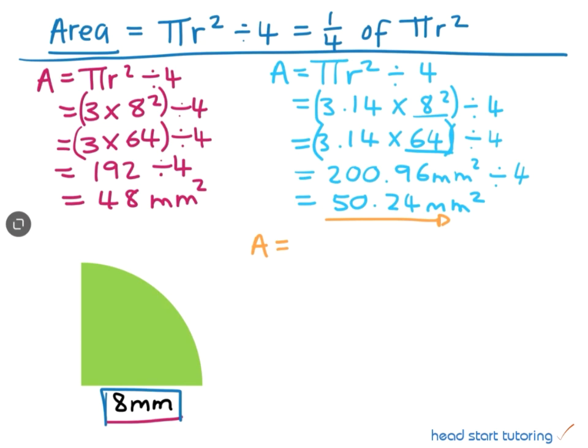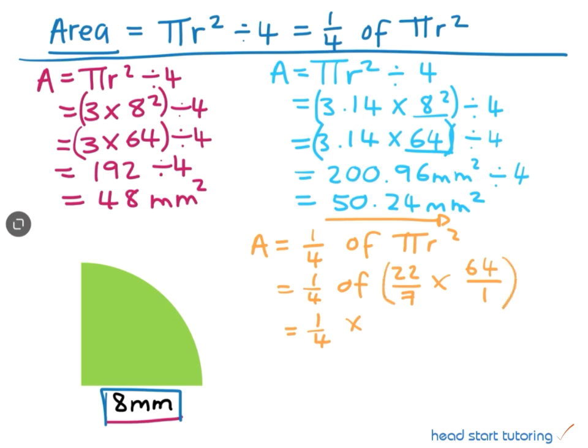to 22 over 7. So what we can do is use the different formula. We can use a quarter of pi r squared, so pi is 22 over 7 multiplied by our radius squared, which is equal to 64 over 1, and we keep bringing down our quarter. We can change this into a multiplication. Then we're first going to do this because this is the area of our full circle. So 22 over 7 multiplied by 64 over 1, we end up with